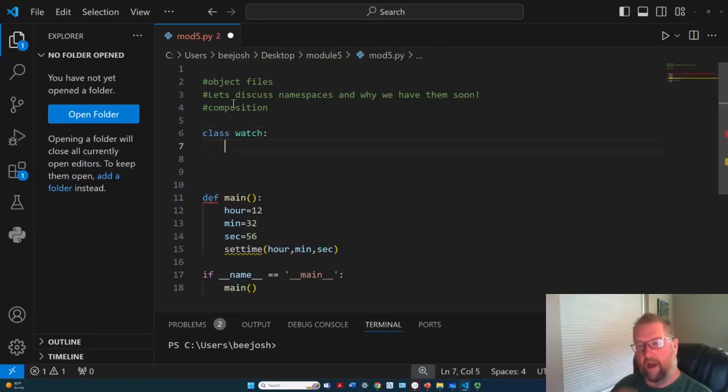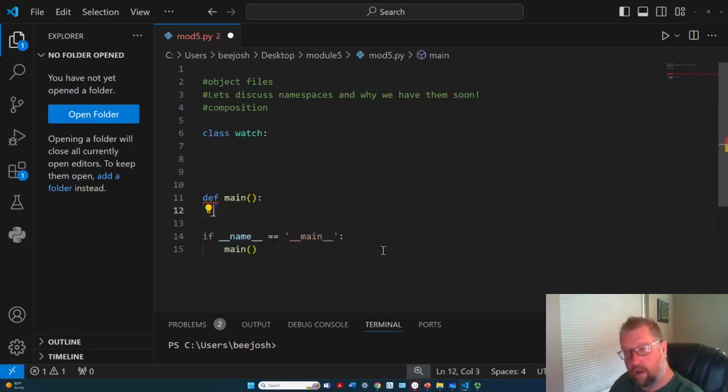And then here's the thing about objects. They always have what's called a constructor. Now, because there is data inside of our watch or our box, we may want to initialize that data when an instance is made of that object. Now, we're going to actually make an instance here shortly in main, but let's go ahead and